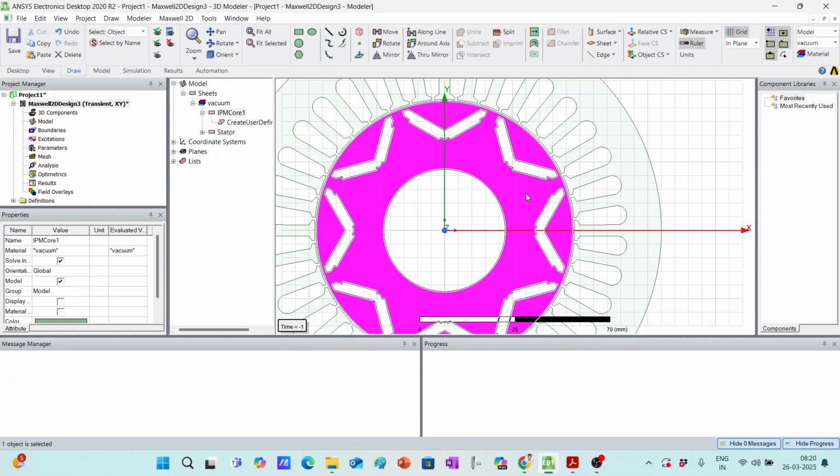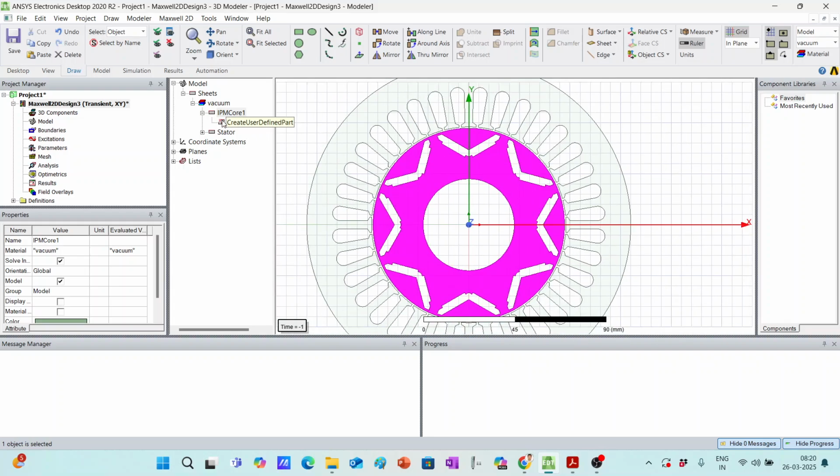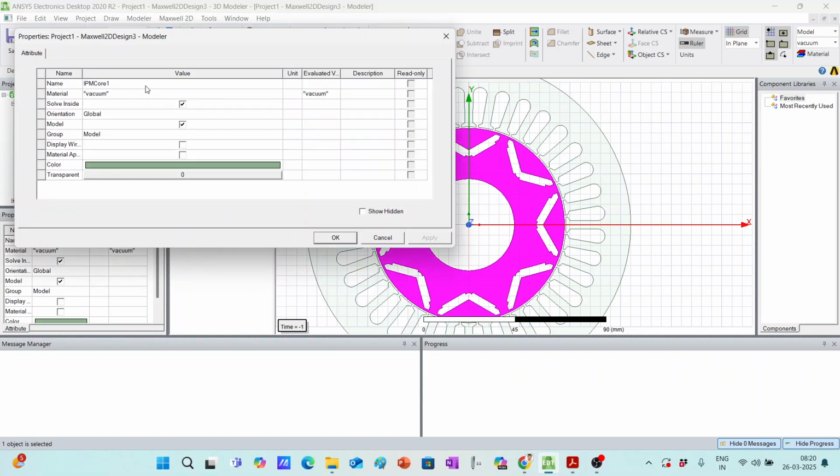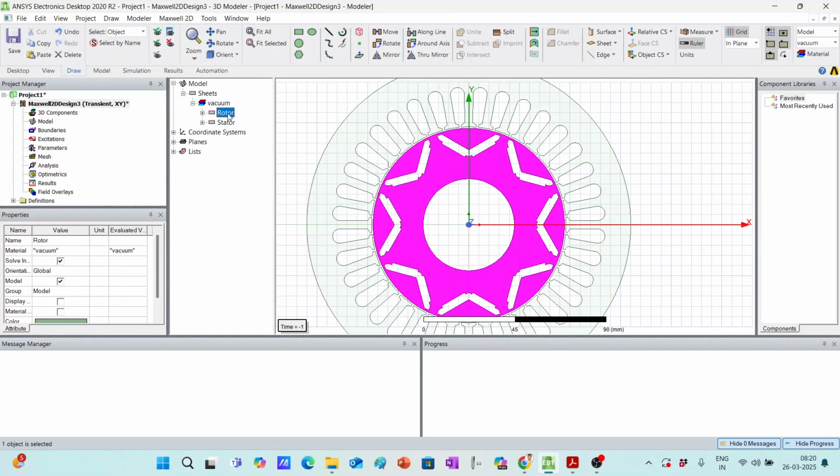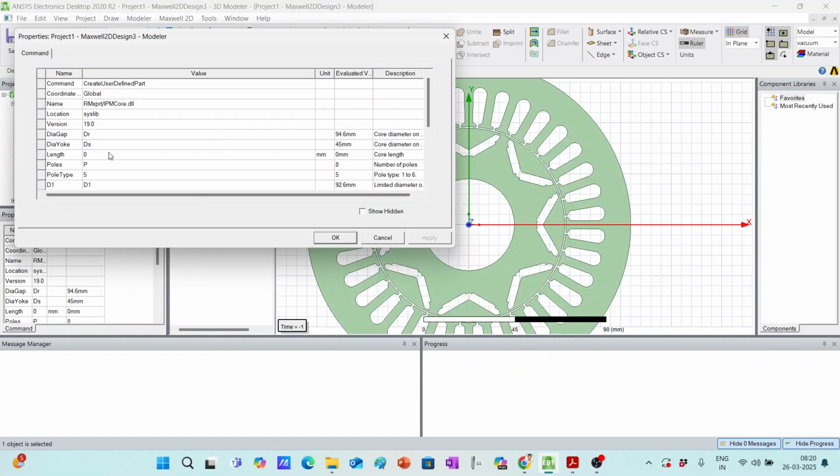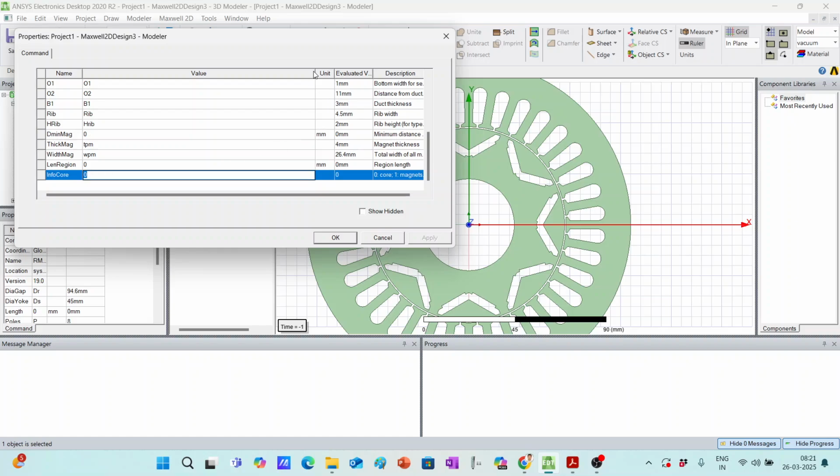Now, this is the core geometry, that is the iron part of the rotor. In these slots, there will be magnets. To do that, first rename it from IPM code 1 to rotor. Enter. Now, copy the rotor, Control C and Control V. Double click on user defined, create user defined primitive. Then in the info code, see here,